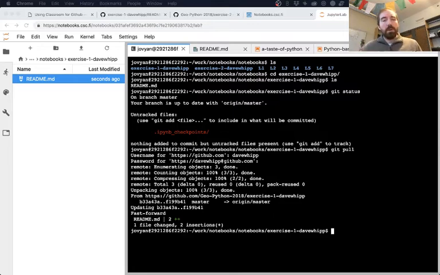Now, the reason that you should pull before you push is mainly that if you have made changes on github.com, then you need to pull those down to your local copy of the repository before you try to push things to GitHub, because sometimes if the same file has been modified, then there's this merge conflict where it doesn't necessarily know how to put the two versions of the file together as one single file.